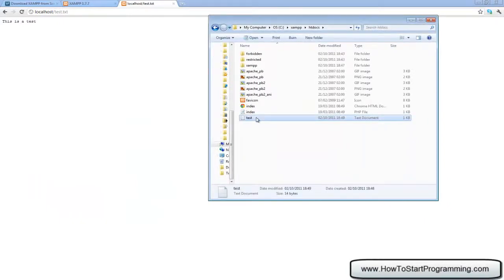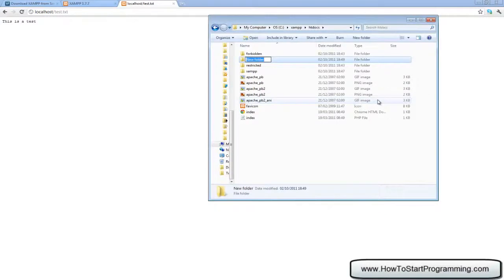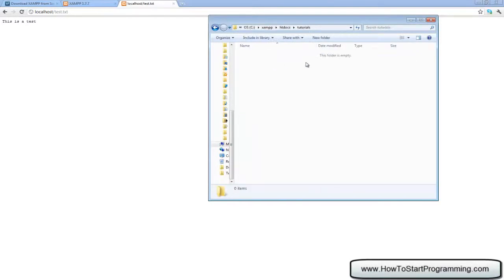So what we're going to do now is delete this, and I'm going to make a directory in here which I'm going to use for the tutorial. Make a new folder inside htdocs and call that tutorials, and just double click there, and inside here we're going to hold all of our PHP files that we'll use in the upcoming tutorials. So now we have successfully installed XAMPP, and we are ready to start writing our first